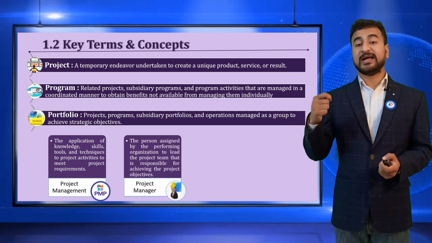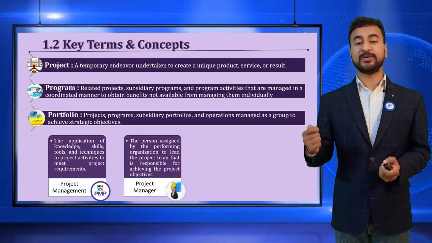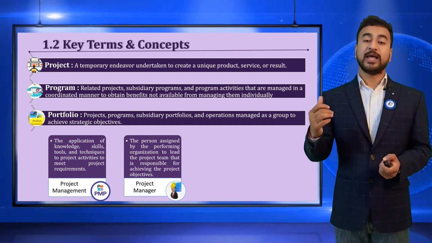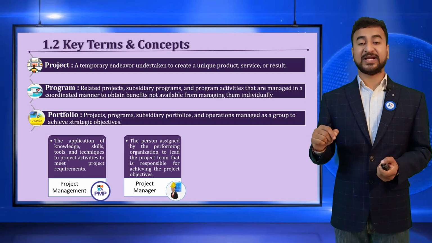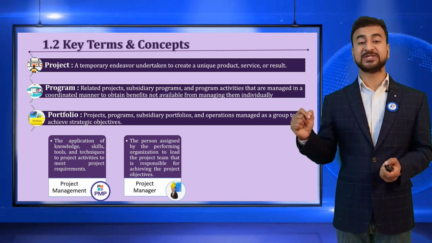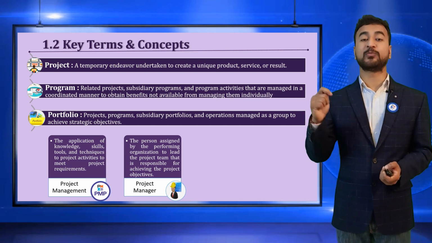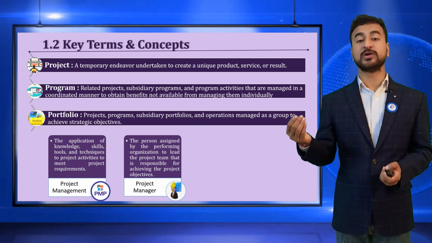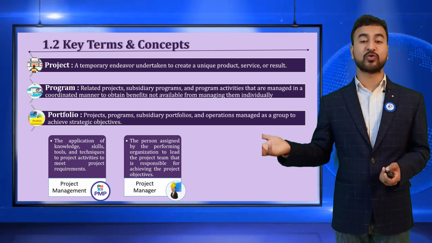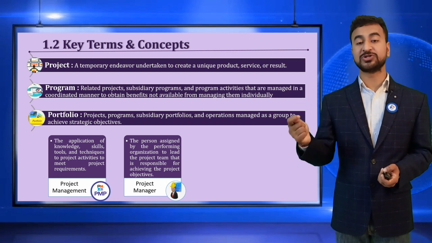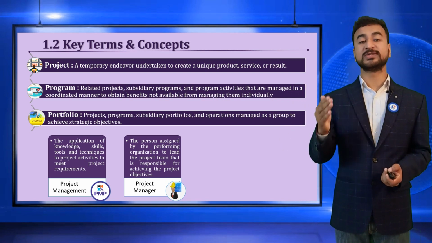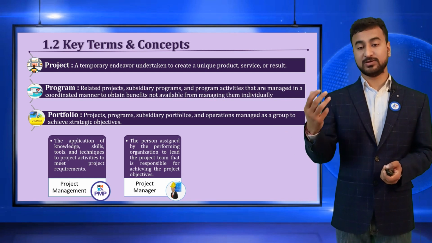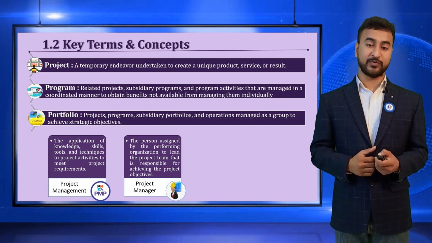The project manager is the person who is accountable to execute and to deliver the project objective. In the PMBOK, it is clearly mentioned that we need to mention the name of the project manager in the project charter. The project charter is a document which gives authority to the project manager to utilize the organization's resources, and he or she is accountable for the success or failure of the project. So that is a very important person from a project management point of view.